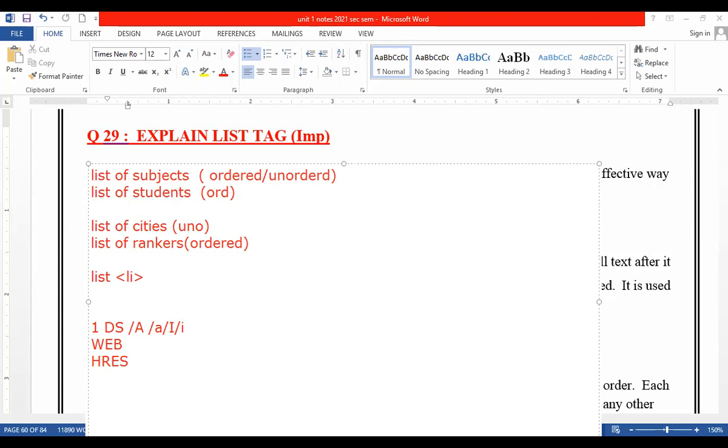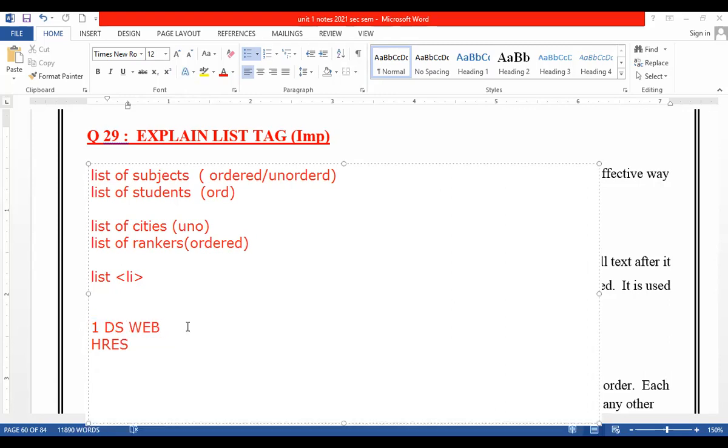So I can use any one type of bullet here. I can use number 1, or A, or small a, capital I or small i. So these are different indents that I can use to name these subjects. Okay, do you agree?